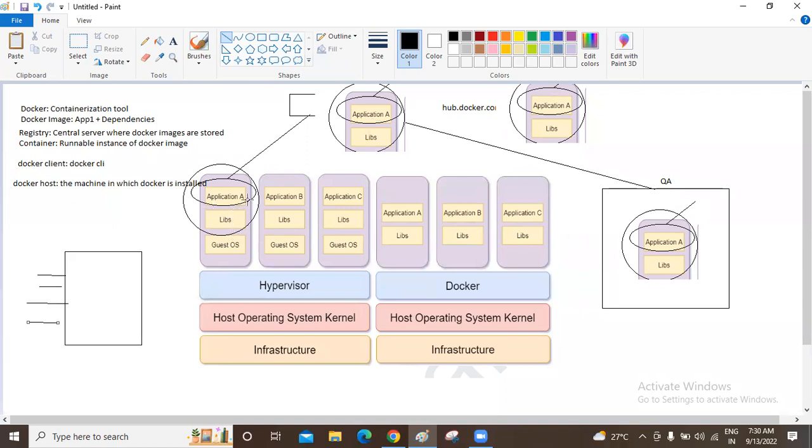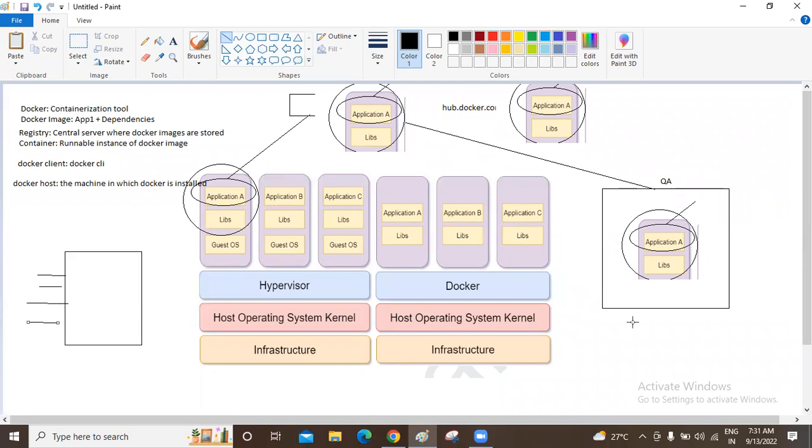In this case, what happens? Only the application source code can be pushed to the repo, and in order to deploy this application source code into the QA environment and prod environment, how to execute this application source code? We have to install the required libraries here as well. We have to build the application into an artifact, that is a different story. We have to get the same environment here as well.